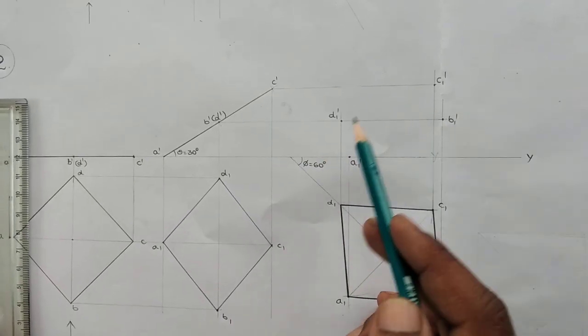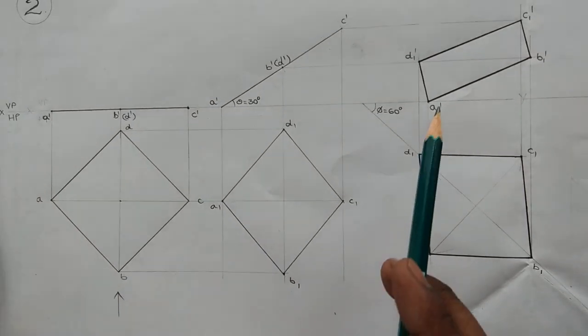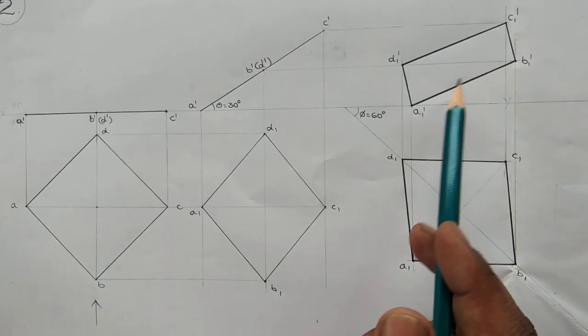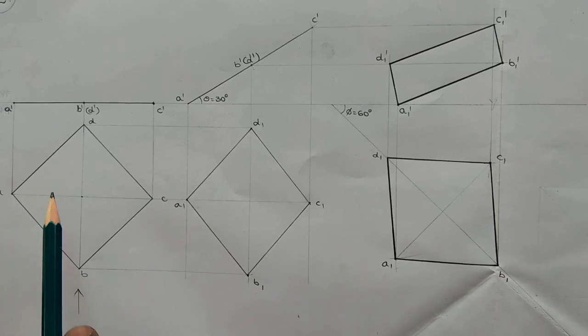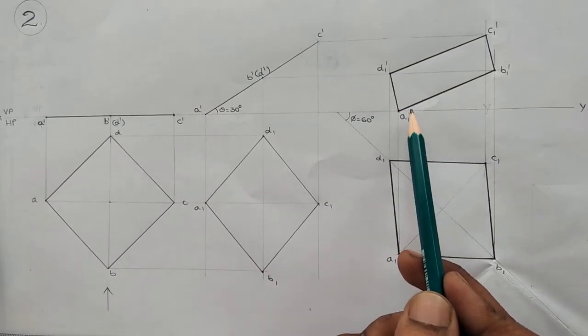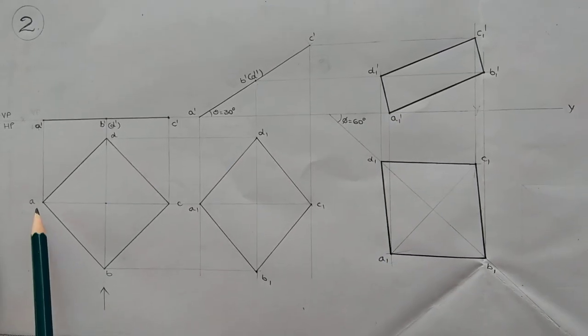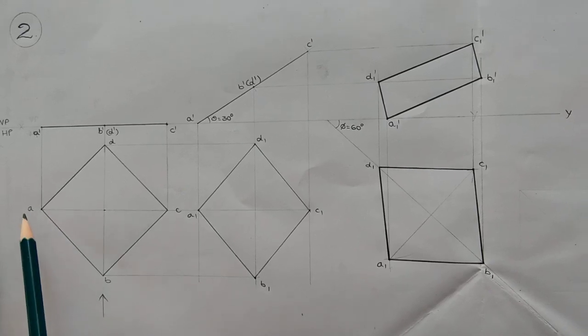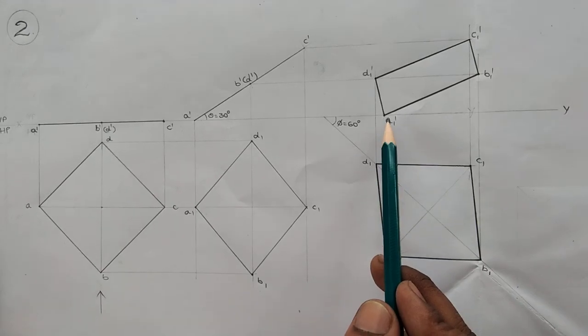So finally we can join all the points in the correct sequence with an HB pencil. Yes, finally we join all the points in the correct sequence in this way, and the final stage is with HB. If you observe the final stage projections according to this diagram, corner A is in the HP. As I said, whatever is on the left side in the simple position, either corner or side, comes on the horizontal plane.